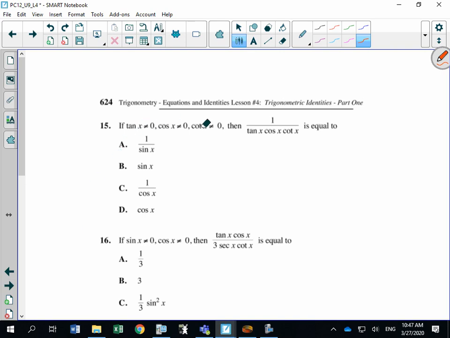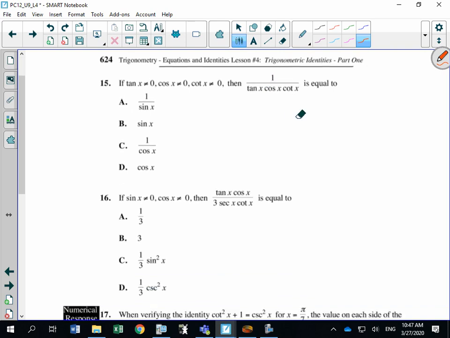Okay, they're giving us restrictions, which is going to be the next lesson. This guy is equal to, okay, so let's do all of our identities in here. So 1 over, what was tan x equal to? Tan x is sine x over cos x times cos x, and that's really over 1, so these are all fractions, times cotan x is cos x over